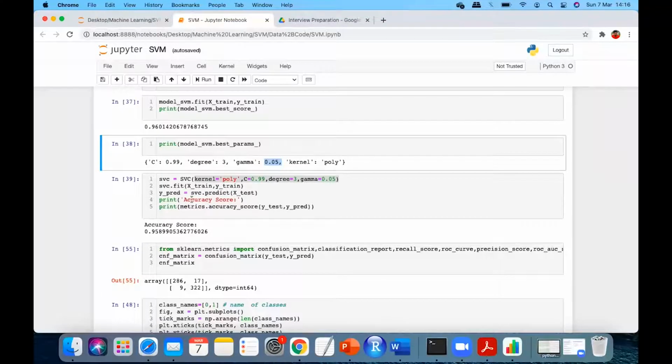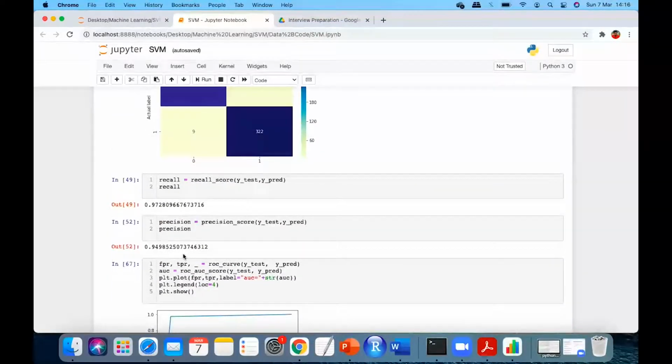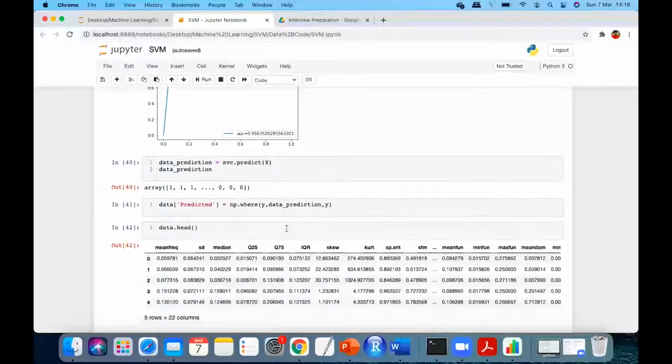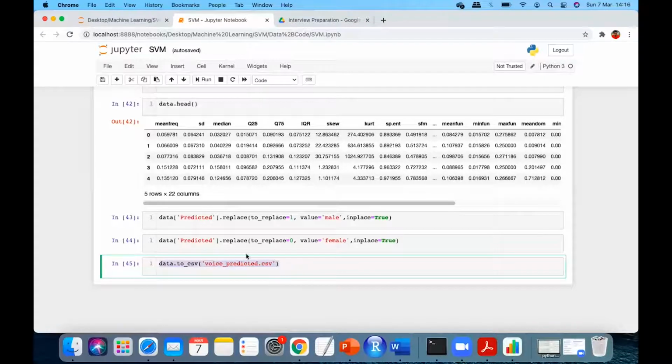So this is the accuracy you got for test. Good accuracy on train and test, right? After that, you all know the confusion matrix, plotting this, recall, precision, and your AUC, correct? Then the predicted data: let's say you have predicted data, then you put a new column, predicted, and then pass that. What does this function do? It saves the data into CSV locally. Sometimes you have to save the predictions into a CSV.